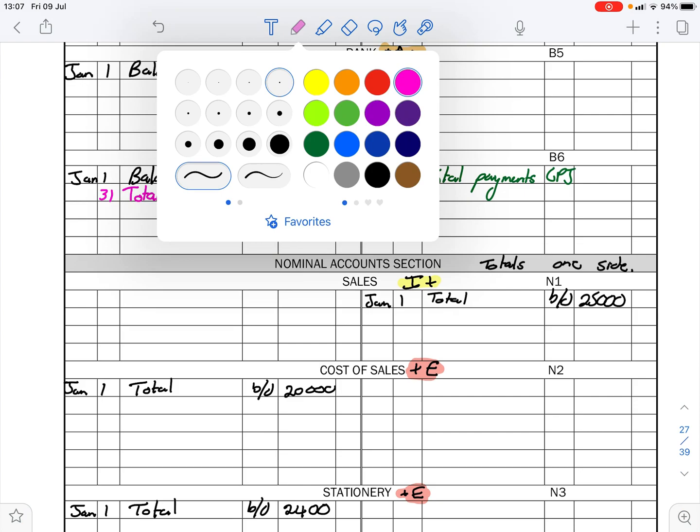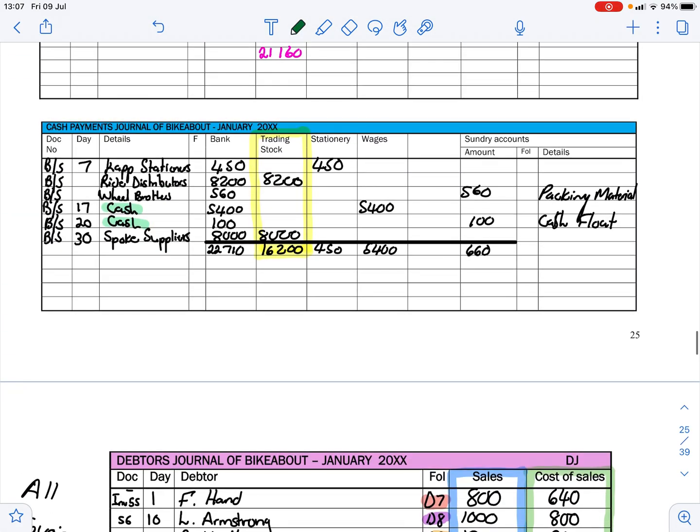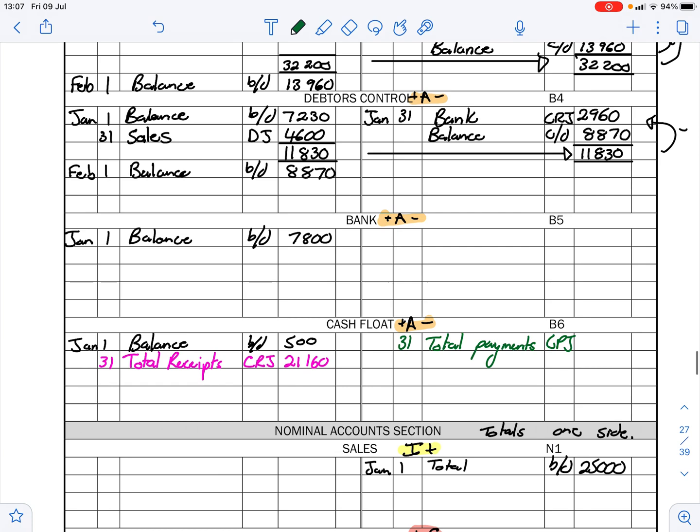21,160. We then have to go to our CPJ and look at our total payments, where we have 22,710 rand worth of payments. So we put in our 22,710, and now we need to balance the account. Sorry, I'm being a dodo. I've done it in the wrong account here, so if you just bear with me, on the 31st, we've got